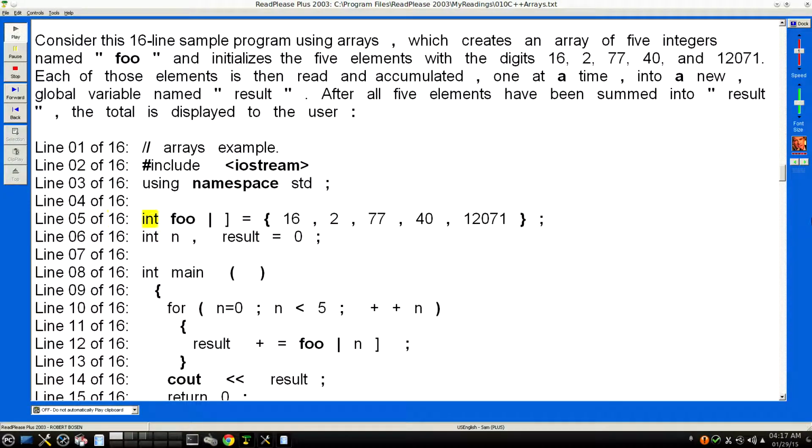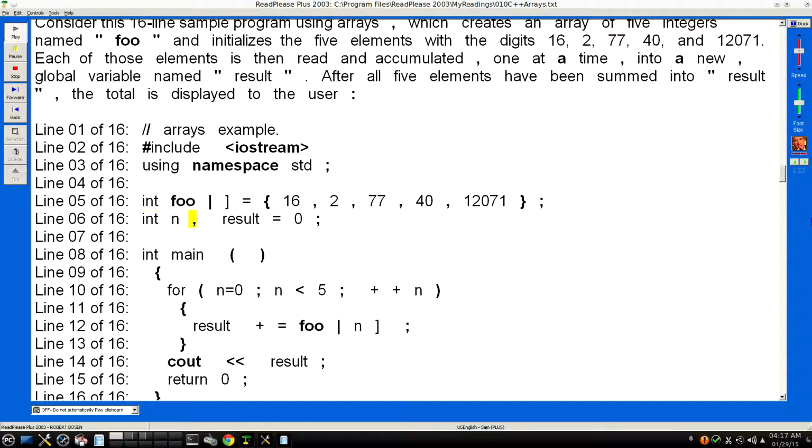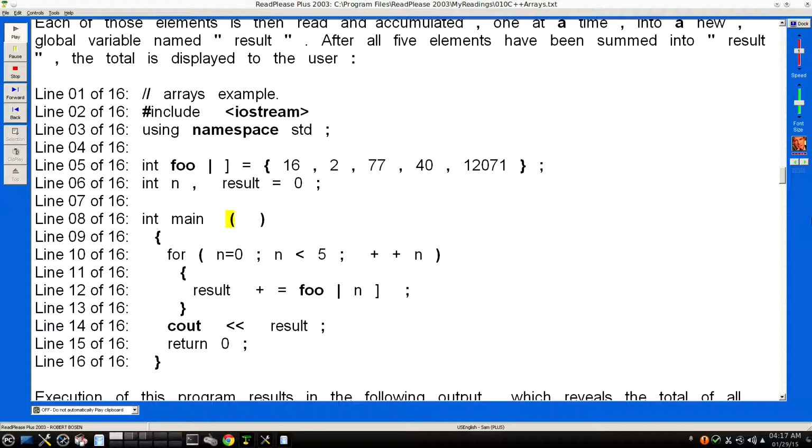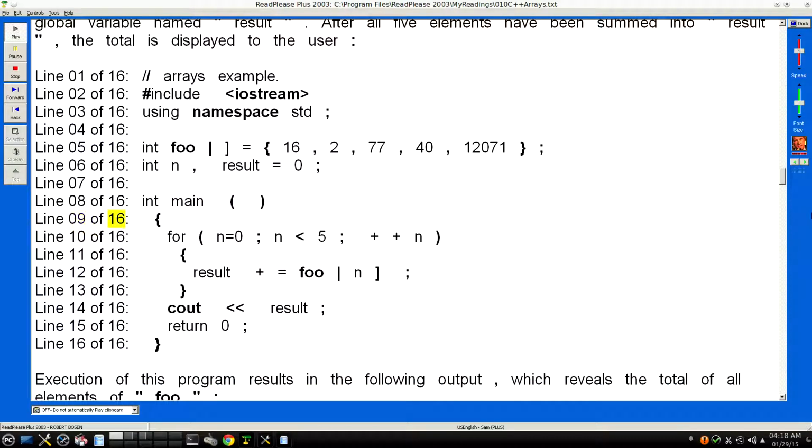Line 5 of 16: int foo[] = {16, 2, 77, 40, 12071};. Line 6 of 16: int result = 0;. Line 7 of 16. Line 8 of 16: int main(). Line 9 of 16: {